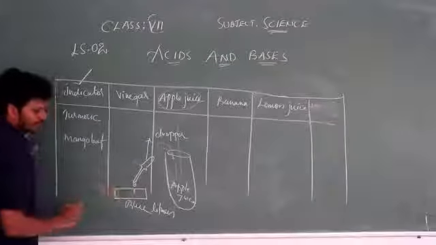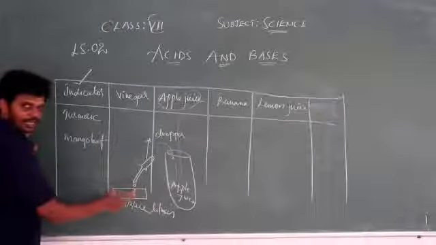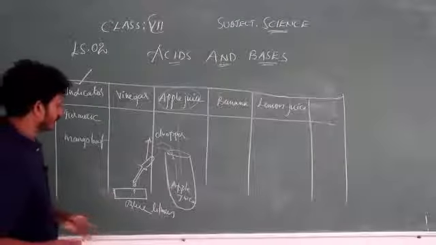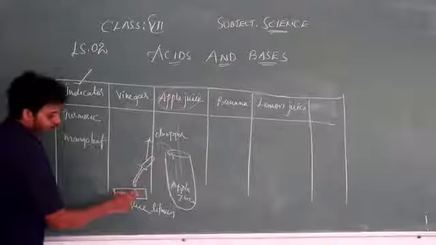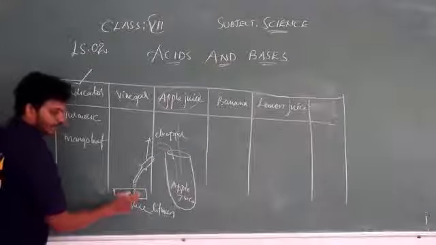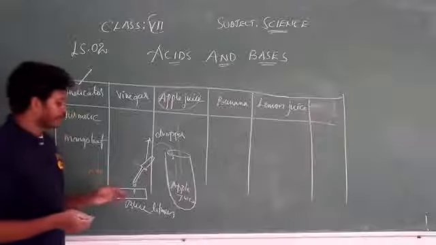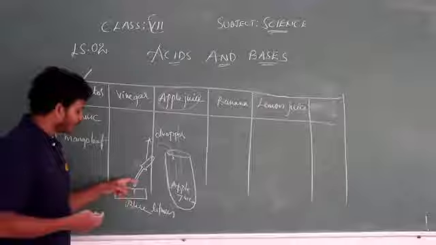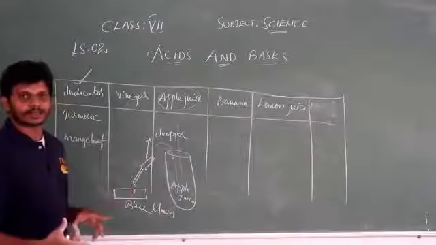What do you observe? Is there any change in color or not? That's what we should note. It changes its color from blue to red. Which changes color? The litmus paper changes color. From which color to which color? Actually, its color is blue. Now, after adding these 2 to 3 drops, it changes color from blue to red.